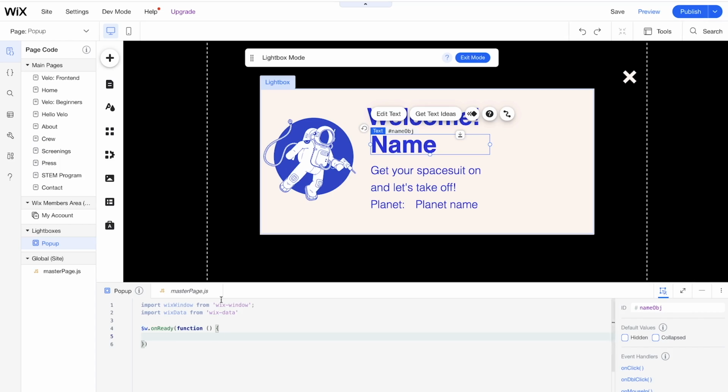So there's a number of reasons that you could be using this type of technique. It could be for a store when you're letting a customer know that they purchased something and you're thanking them and maybe even dropping a promo code there, right? So there's a lot of ways that you could be working with passing objects to your lightbox. So let's go back to our page with the form.